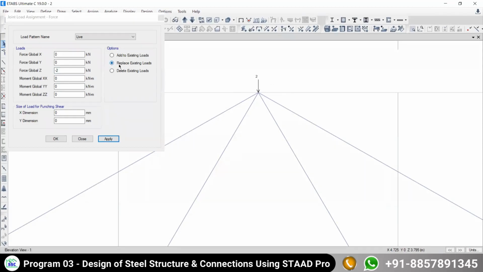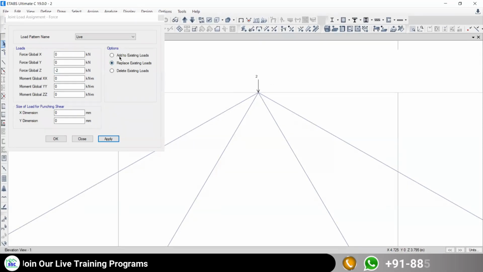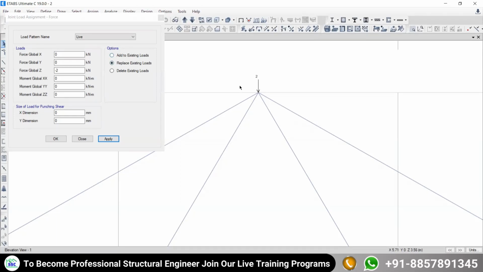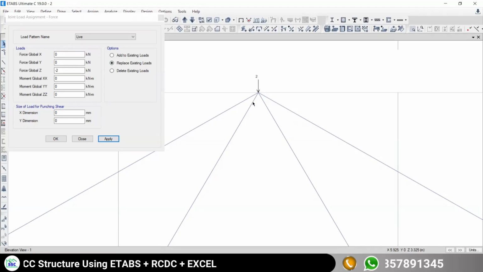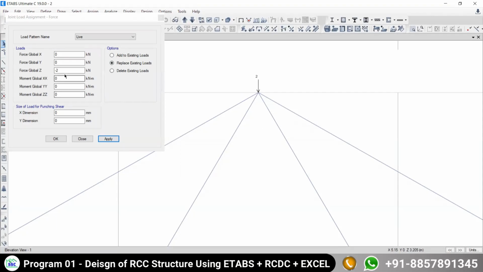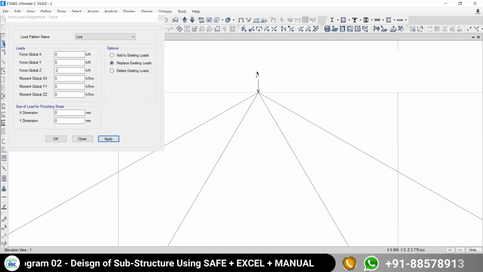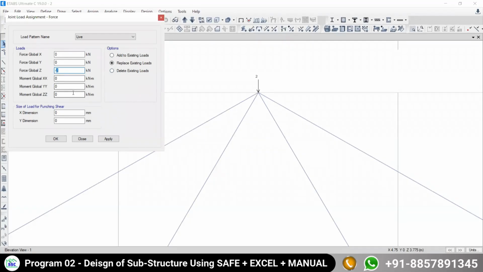When your option is what? Replace existing load is checked. Now another option is there. Okay, suppose by mistake I have assigned the downward direction of 2 kilonewton load, but my intention is to assign 5 kilonewton load in downward direction. So what will I do? अब कितना ऐड करना पड़ेगा मुझको 2 में 5 करने के लिए? To keep 5, how much value do I have to add to these 2? 3. Obviously 3. So अभी यहाँ पर मैं क्या करूँगा, 3 वैल्यू लूंगा, रिप्लेस एग्जिस्टिंग दूंगा तो क्या हो जाएगा,